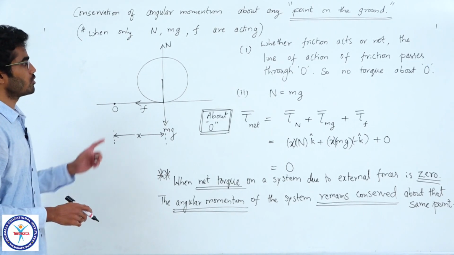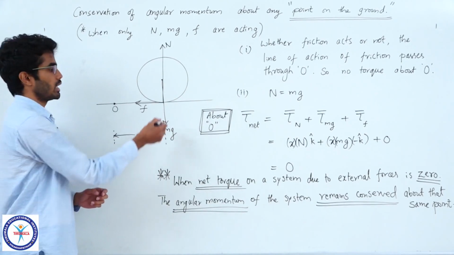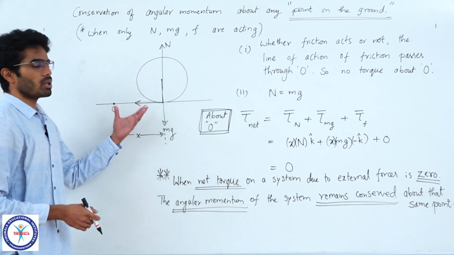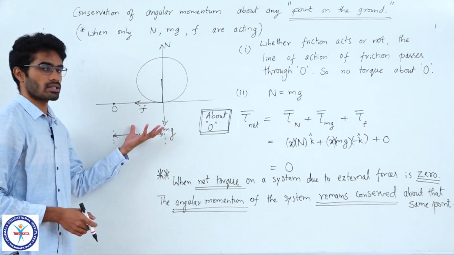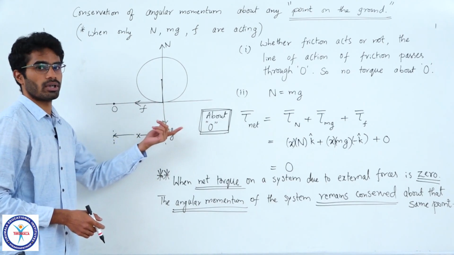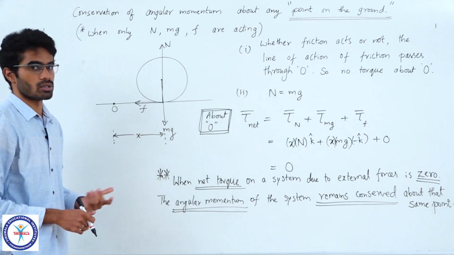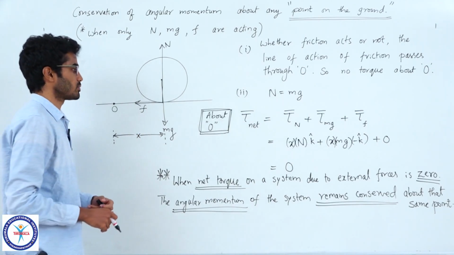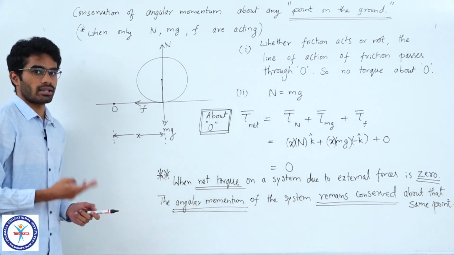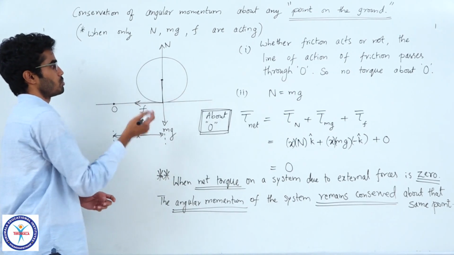Now, let us see what forces are acting on this. The weight acts downwards and it will get a normal reaction from the ground upwards. Friction may be present, depending on whether it is slipping or not. So, it may be acting forward or backward, depending on the situation. Let us consider that friction is acting. Now, in such a case, only these three forces are acting, and there is no external force acting on the object other than these three.